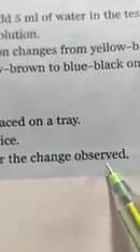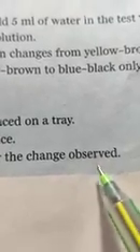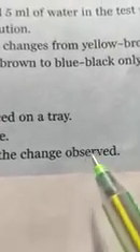Explain the reason for the change observed. Dear students, starch is also present in the potato, so it turns blue black because the iodine solution reacts with the starch and turns blue black in color. Now, dear students, turn your page. Test 3. Repeat test 2 but use an apple slice in place of a potato slice. Now we have to take what? Apple slices. Before you begin the test with apple slices, predict the result and see whether your prediction comes true.